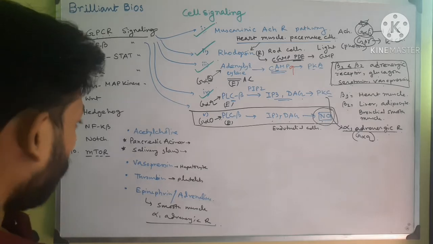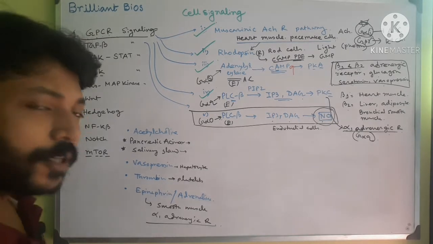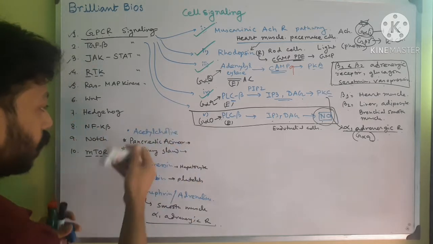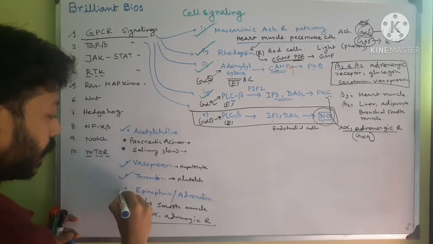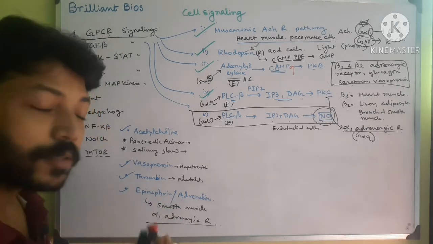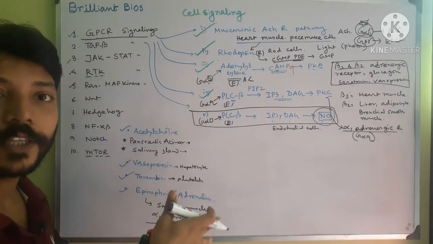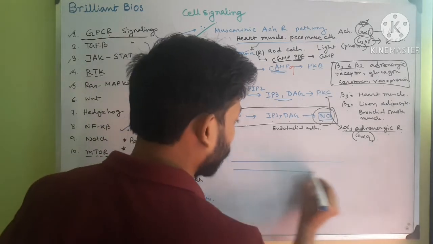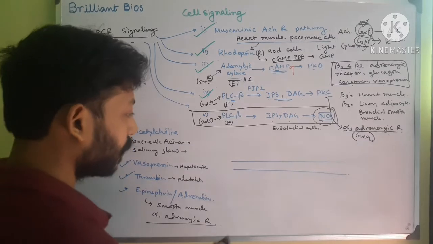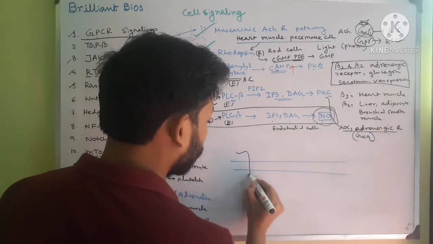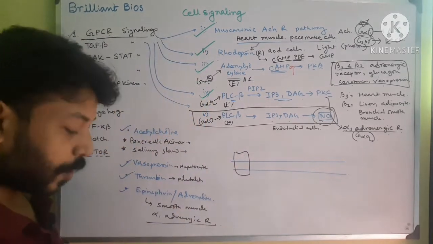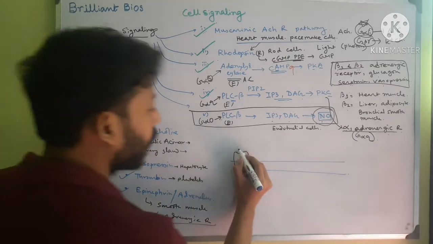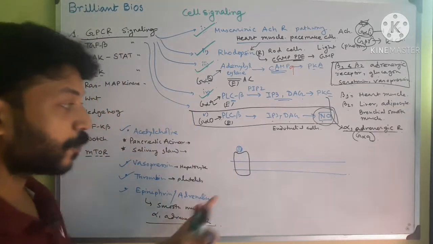Okay, so now let's talk about how this signaling occurs. The initiator molecules are acetylcholine, vasopressin, thrombin, epinephrine, all adrenaline hormone. Now how do these different molecules perform the same function, that is activation of PLC beta, the effector protein? Let's suppose this is the plasma membrane, and here G protein coupled receptors are present in inactive conformations. When molecules like acetylcholine, vasopressin, thrombin or adrenaline bind with the receptor,